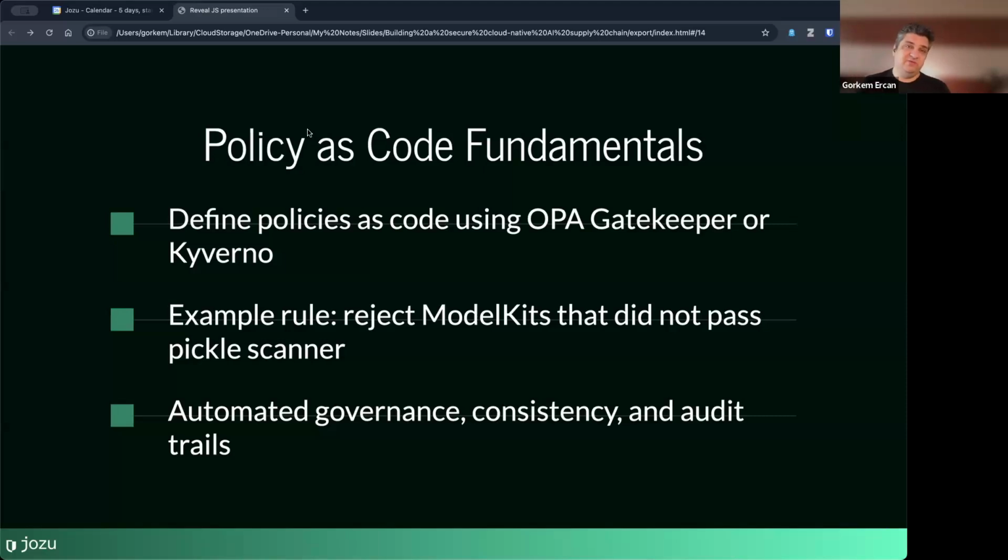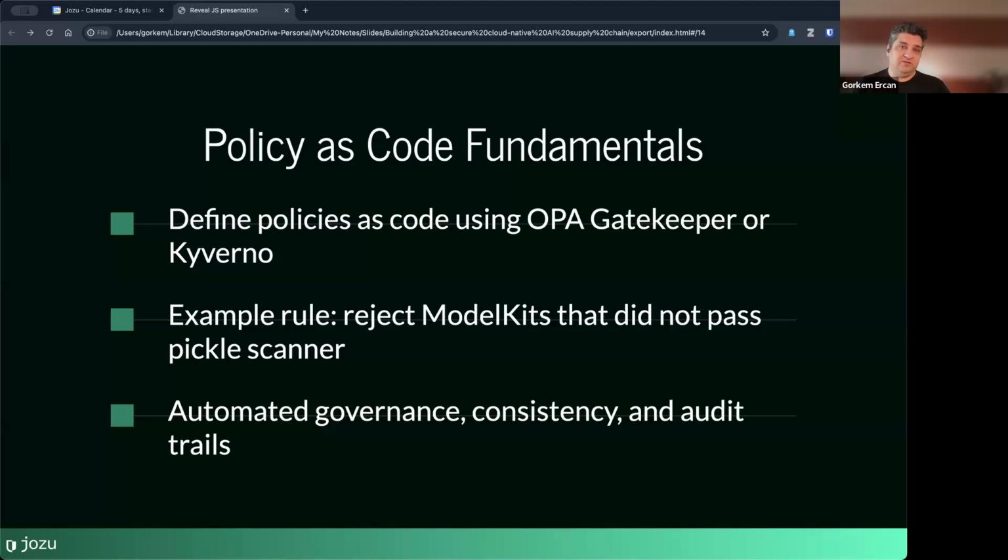But this doesn't have to be tied to Kubernetes. Essentially, you can do it in different places. A good example is proxies have Rego policies that allow them to manage the traffic and whatnot.